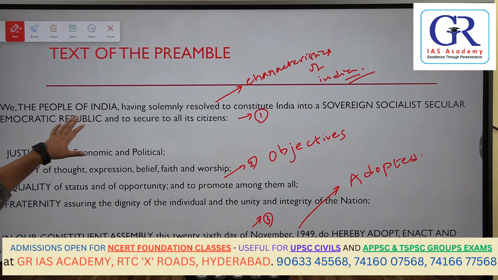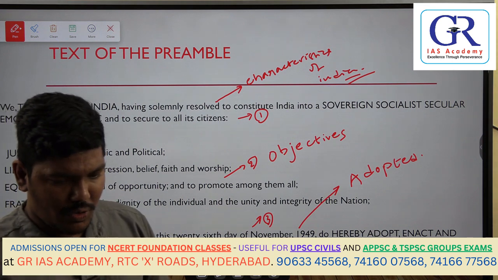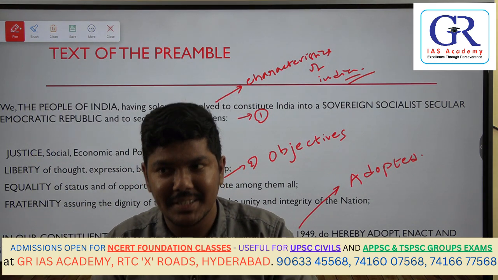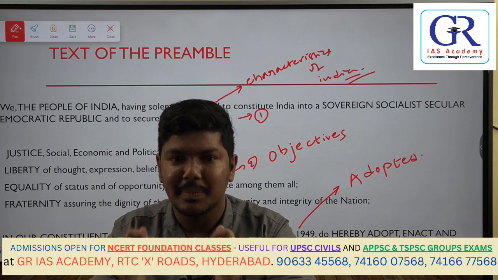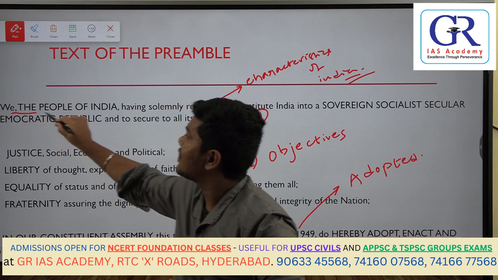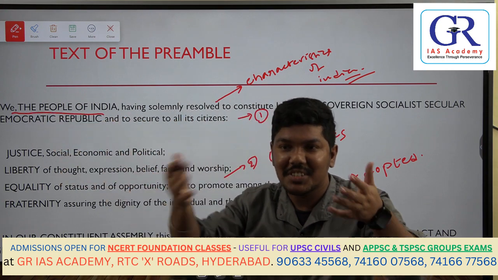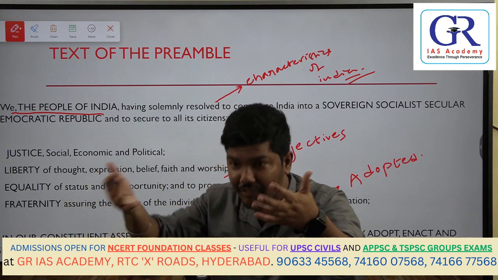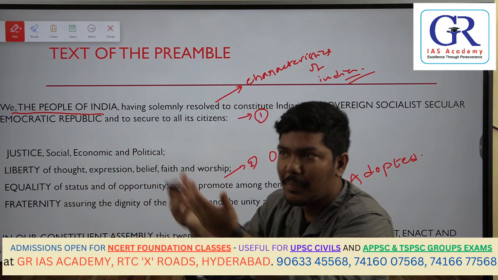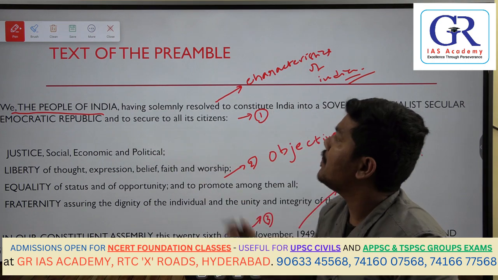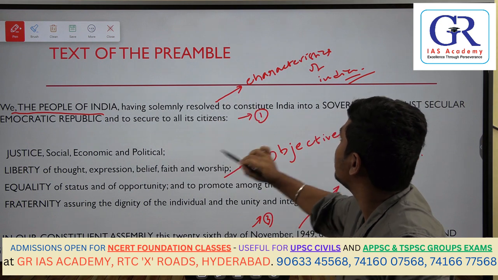The first and foremost question: who has written this Constitution? What is the source of power? Who has written it? Constitution makers? Then who has written this? It is basically the people of India who have written this. Because the first thing itself, they did not say we the constitution makers, or we the prime minister and president. They said we the people of India, because the people who are sitting are just our representatives. So that is why they are saying that we the people of India have resolved to constitute India into a